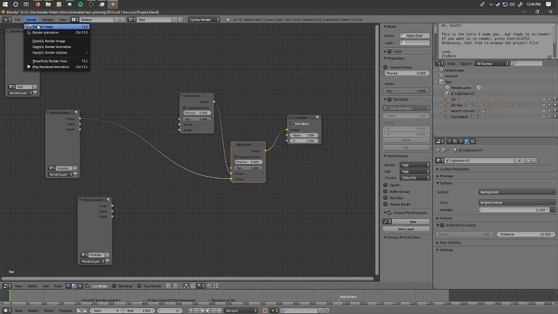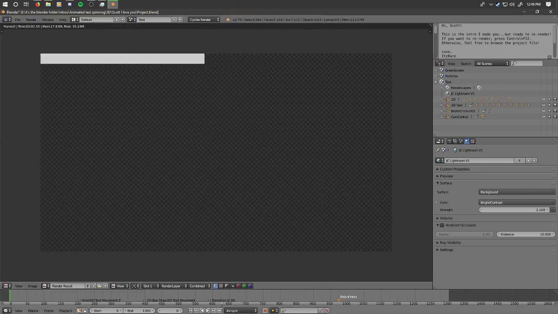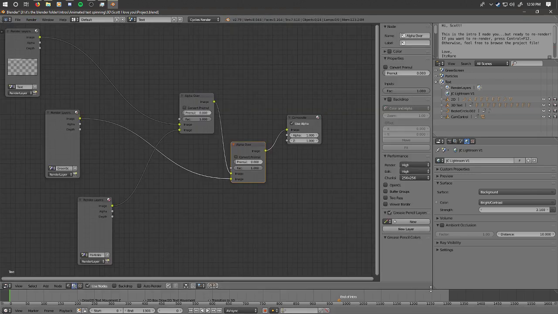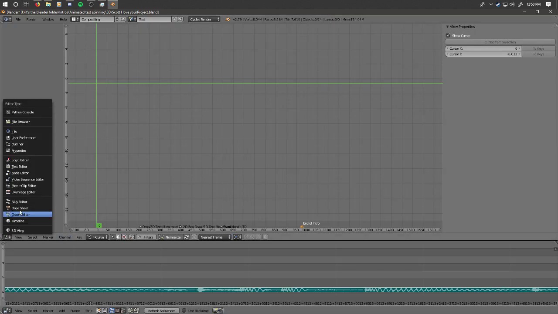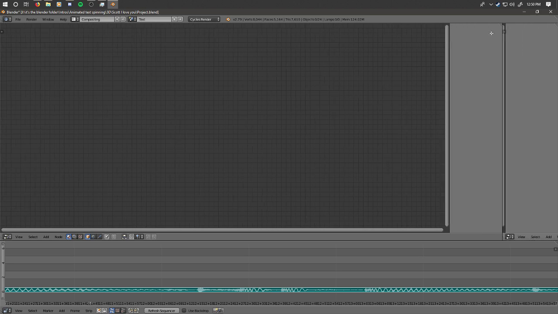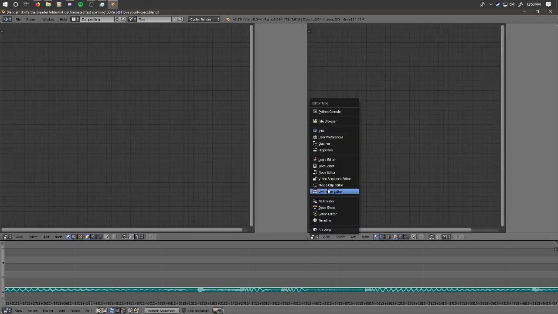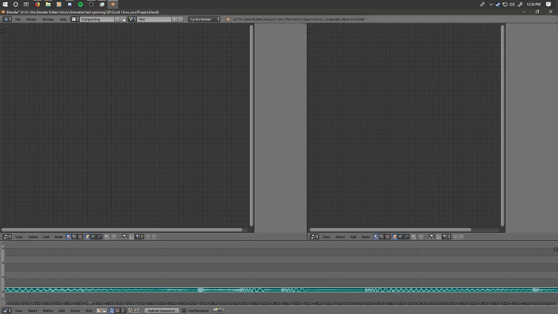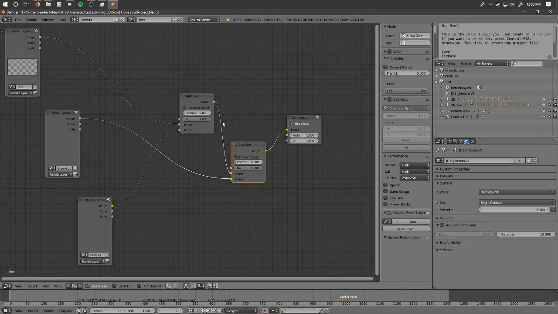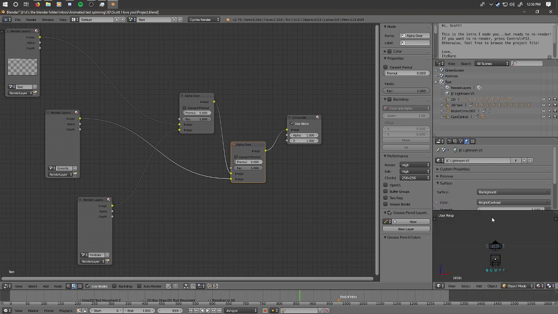I'm going to do a quick test render. Pop open a little node editor over here, actually. Actually, you know what? Why am I even using this? Actually, having a nice preview would be nice, just literally of the camera view.